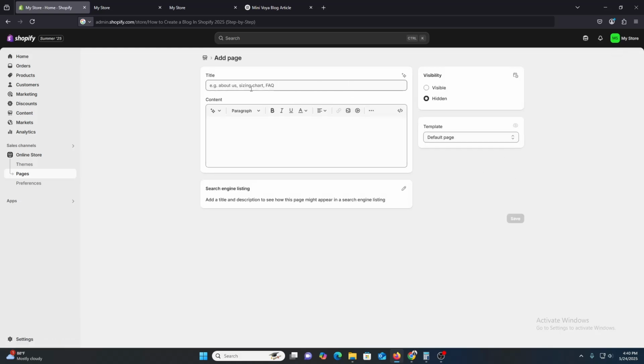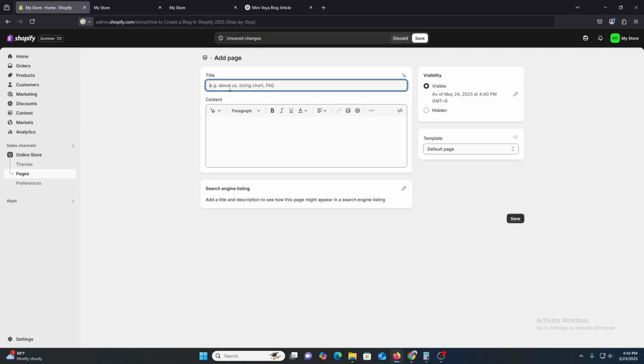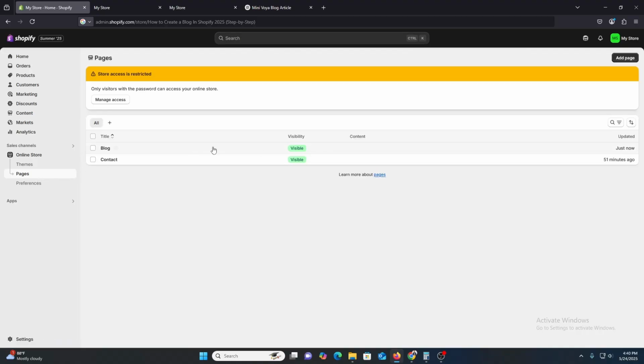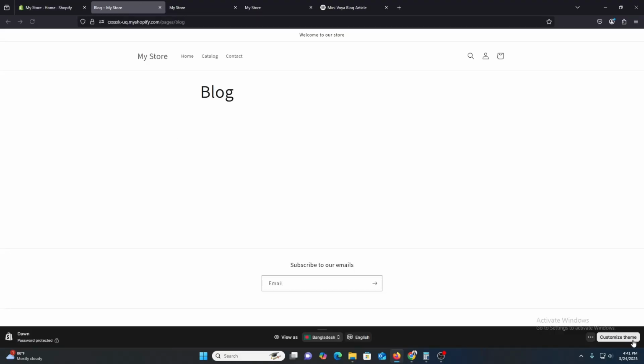Once you click over here, they will give you the option to create a page. This is similar to a blog post, so I'm going to make it a blog, and then I will publish it. Click on save. Once I click save, it's already saved. So let's view it. Just visit the page and click over here, and now I will click on customize